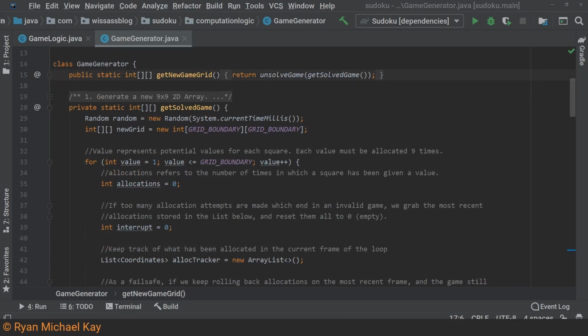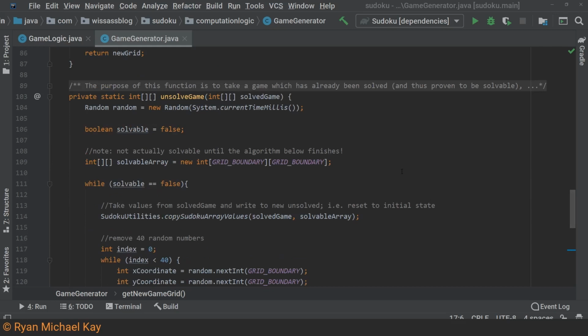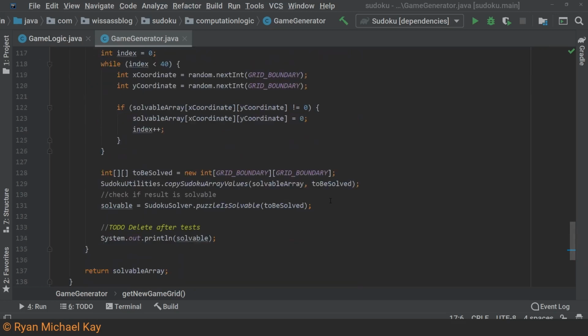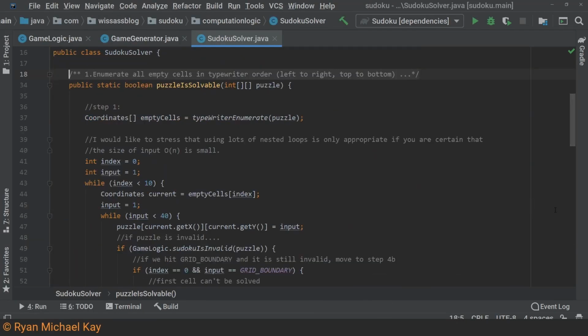Now, since a completed Sudoku game is not really fun to solve in any sense of the word, I needed to unsolve the game. It turned out once again that this process was kind of complicated. At first I thought I would just remove 40 numbers, but it turns out that you cannot just do that and expect your puzzle to be solvable. So after I removed the 40 characters, I fed the resulting grid into a class called Sudoku Solver, which would tell me if it was solvable.